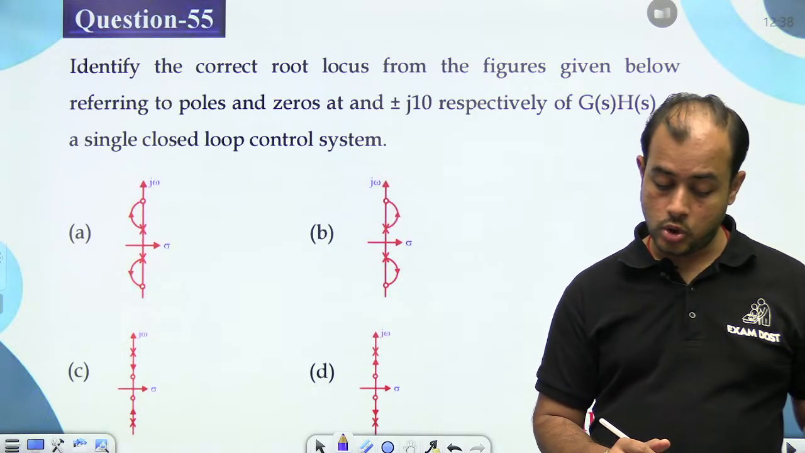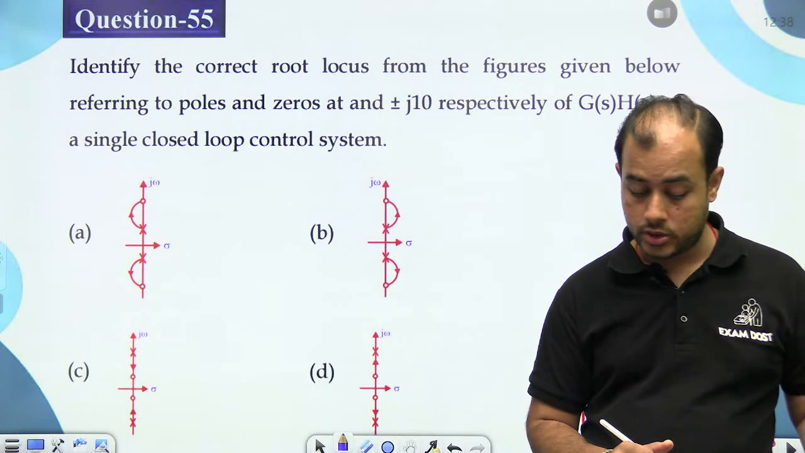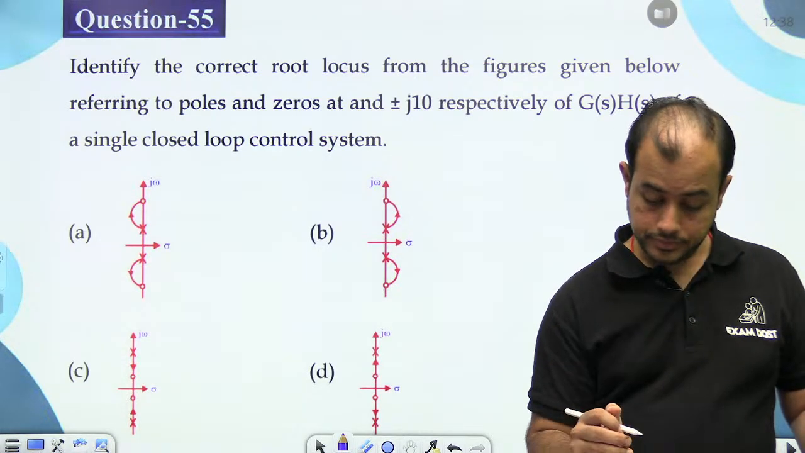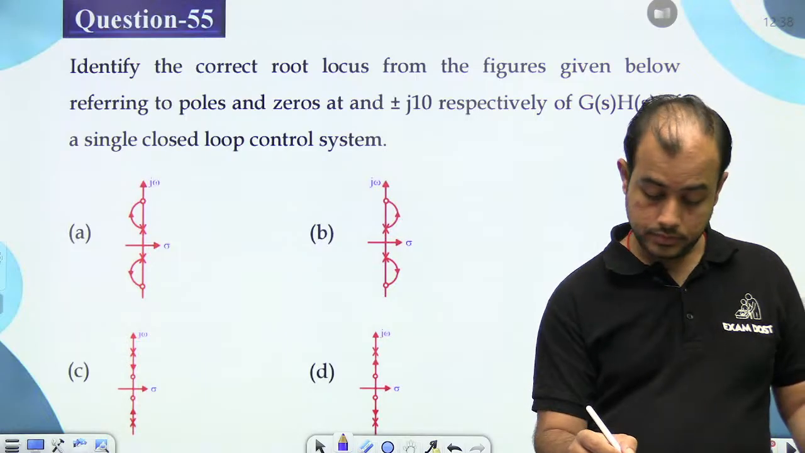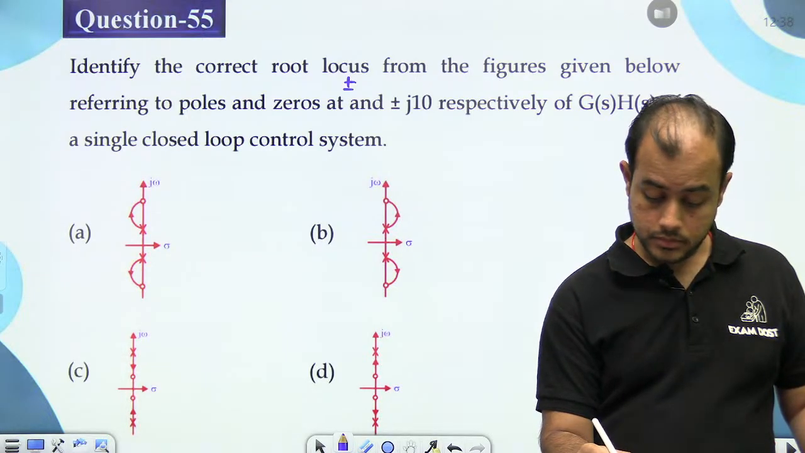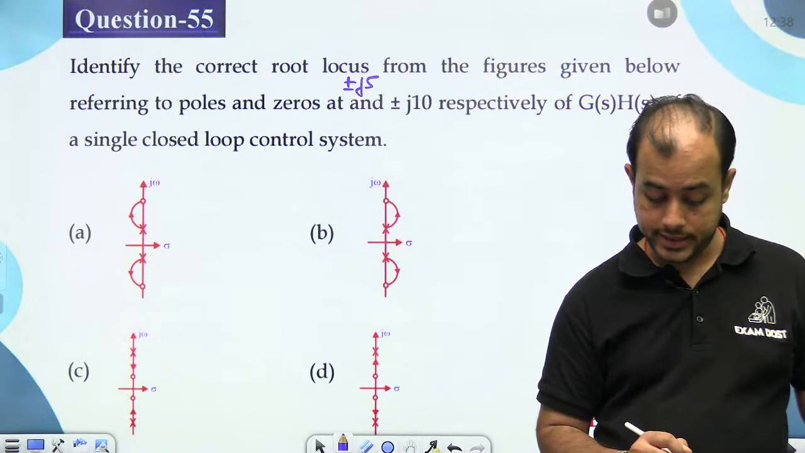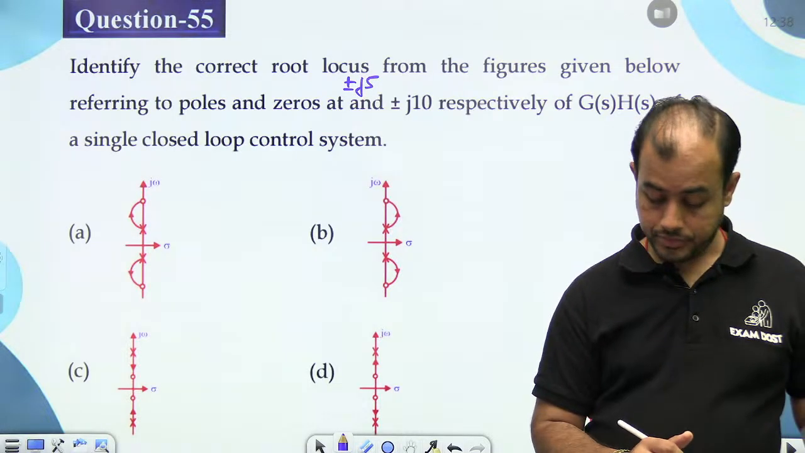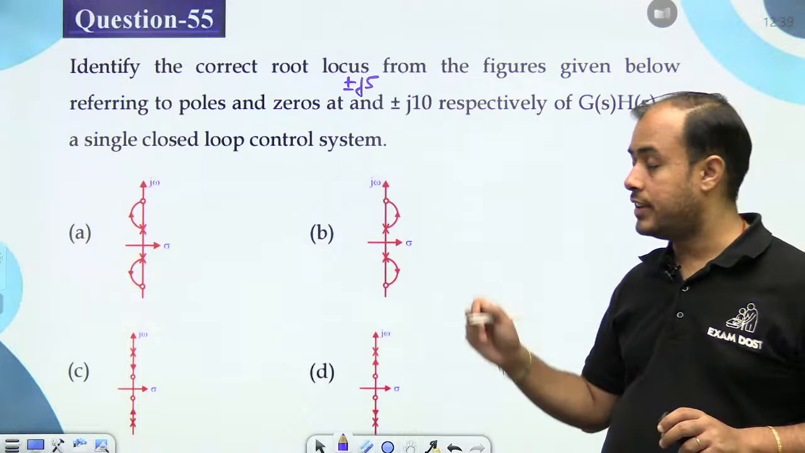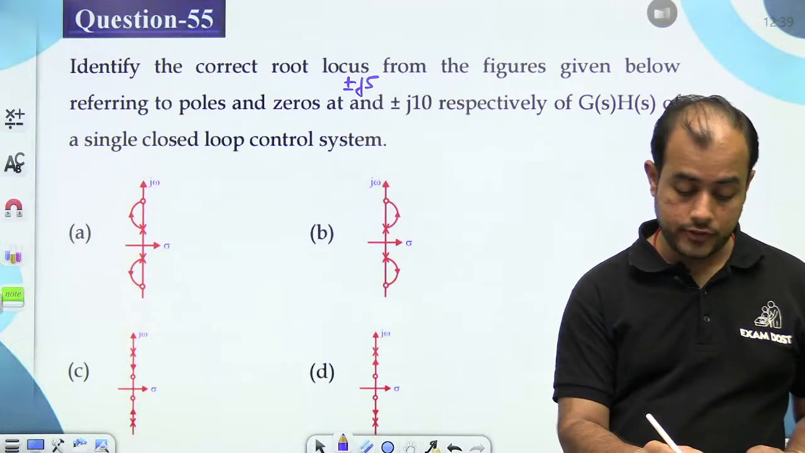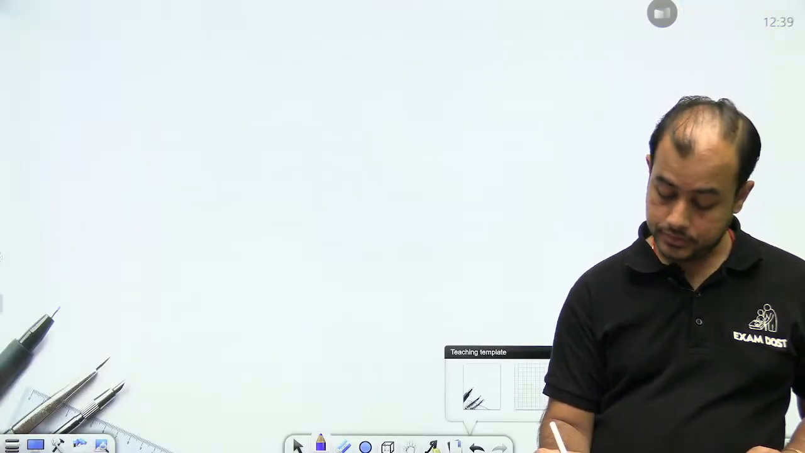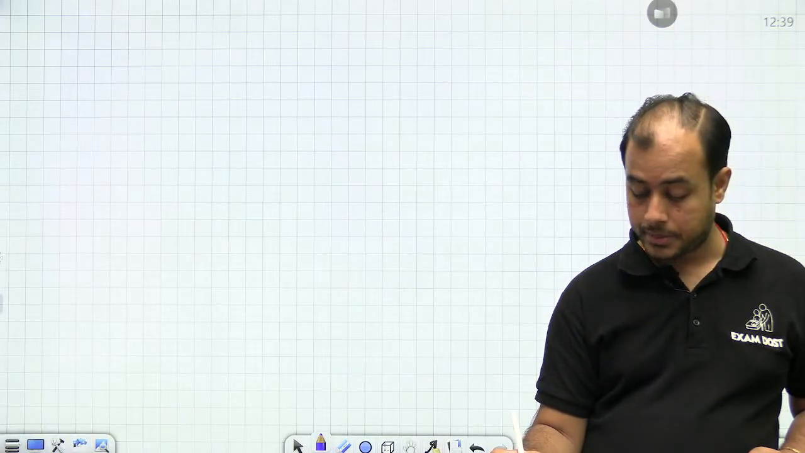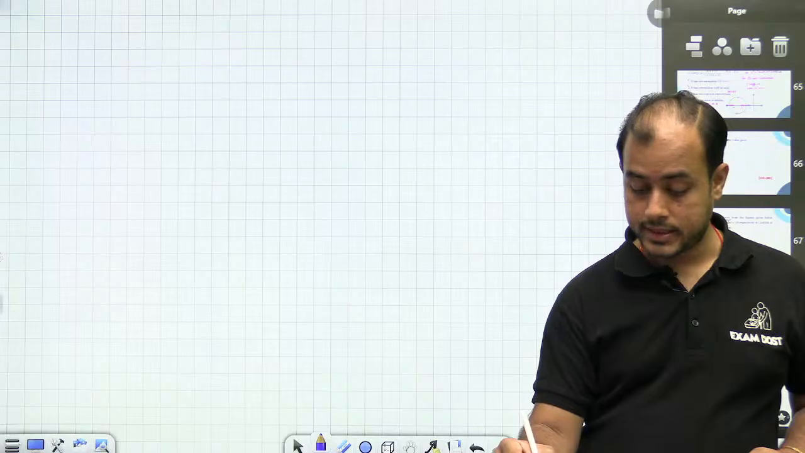Next, correct root locus referring to poles and zeros at... चलो ये ले लो, J5 and J10. तो बेटा वी हैव टू कैलकुलेट एंगल ऑफ डिपार्चर। अगर करेक्ट रूट लोकस जानना है ना, तो एंगल ऑफ डिपार्चर निकालना पड़ेगा एट योर कॉम्प्लेक्स पोल।